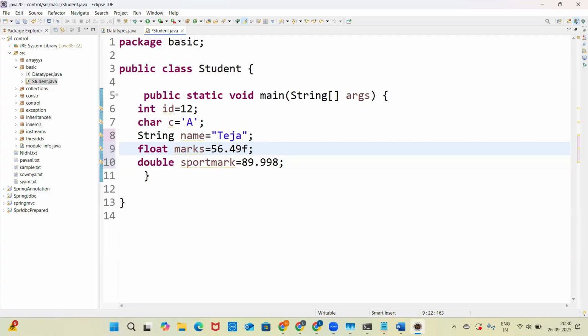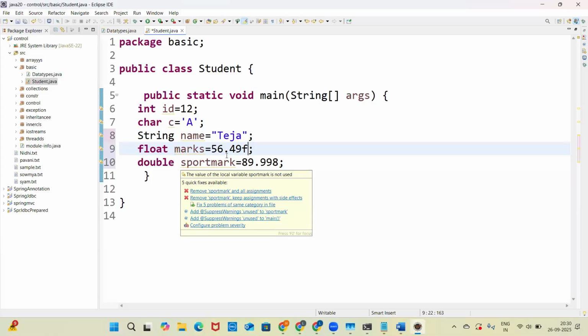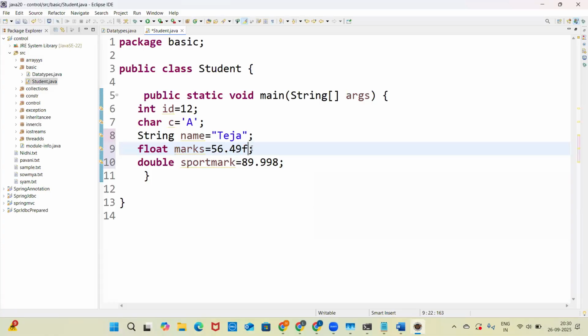For double, there is no such rule, but for float, when you are directly assigning the value, you have to end with F. It won't print in the browser, in the console. But when we assign, we must write F at the end to indicate that it is float, not double. Clear? And you can also write some Boolean data type like result is equal to true or false,